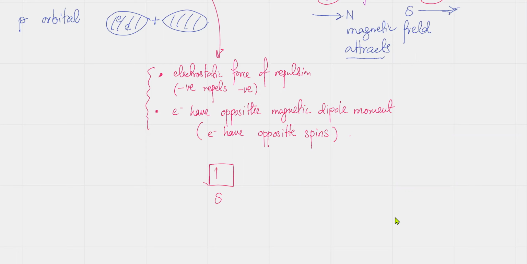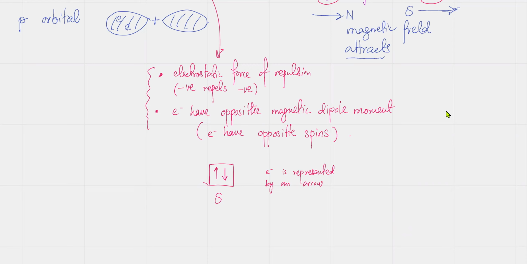One is going to be in the upward direction, the other one in the downward direction. That indicates the two electrons. So the electron is represented by an arrow. You have an upward spin and you have a downward spin,